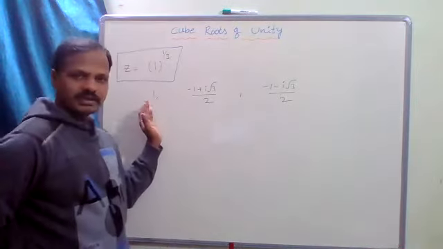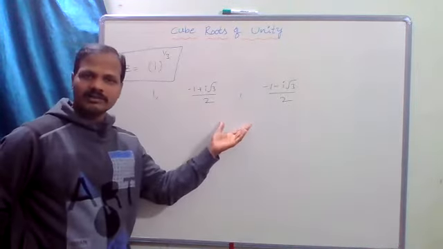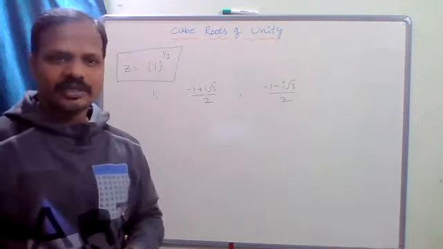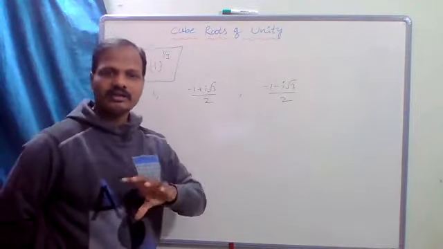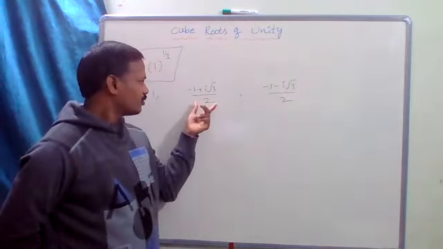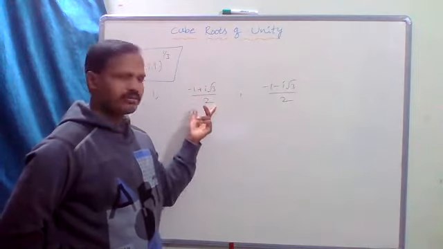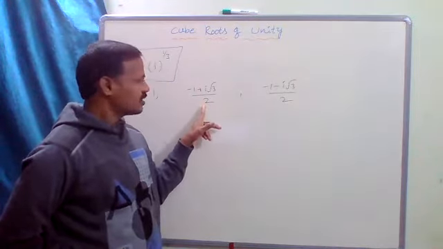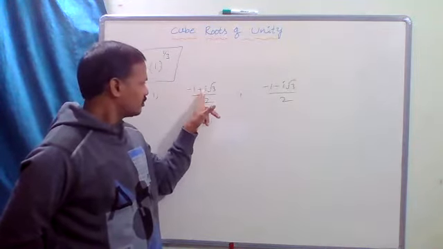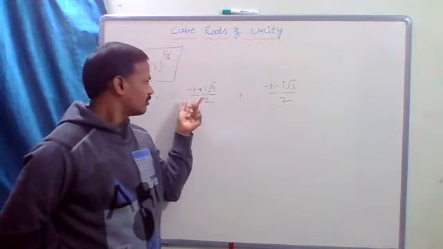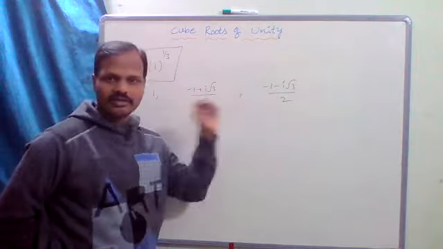So one of them is real. So the remaining 2 are pure complex numbers, they must be in conjugate pairs and they are conjugate to each other. Let it be alpha, then alpha bar, the conjugate of this one, is minus 1 minus I root 3 by 2. Yes, clear? This is the conjugate of that.